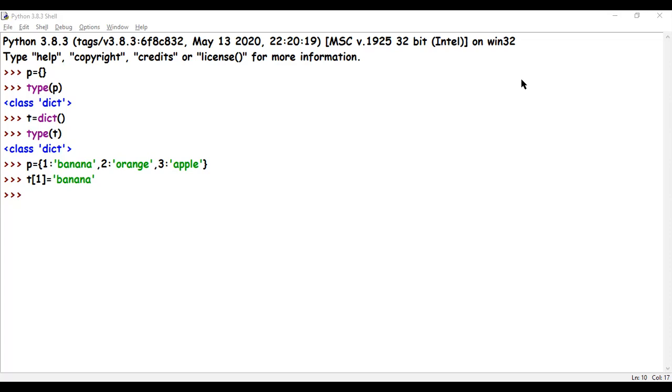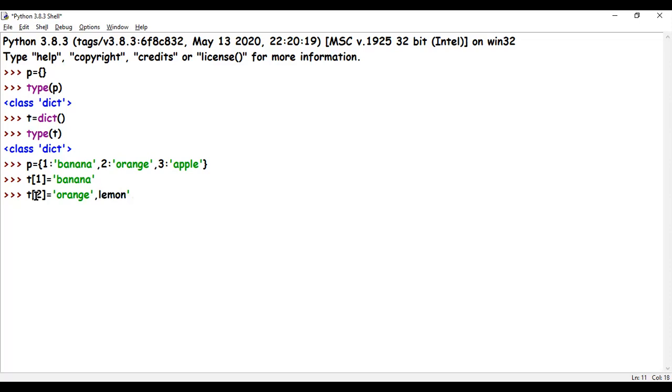Okay, now when I said T[1], in the dictionary T, 1 has become my key and banana is the value associated with 1. Now I'm saying T[2] equals to, let's say, orange and lemon both.